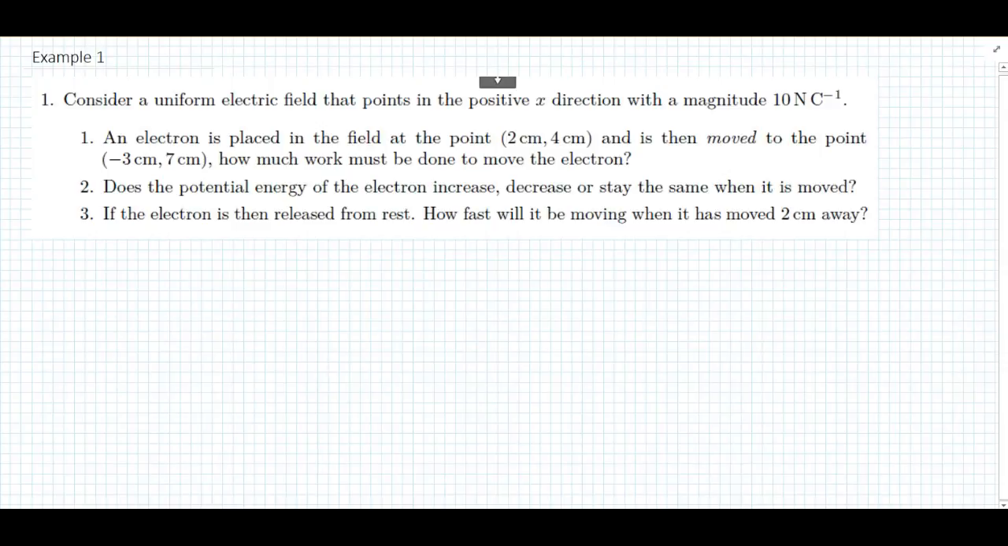Alright, so this is example 1. Again, I'm going to assume that you have read this problem and that you've tried to work this problem. So let's get started. Basically, I have an electron that is placed at some point in space where there is